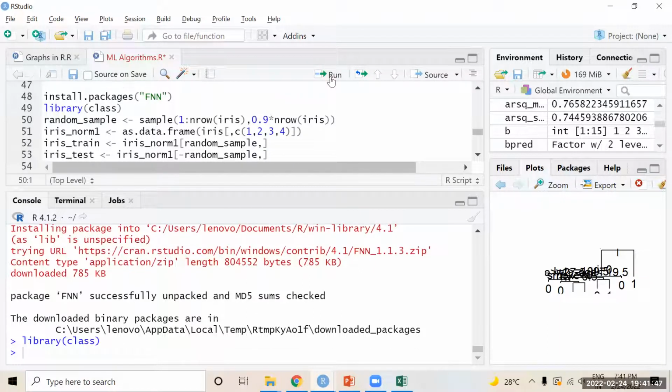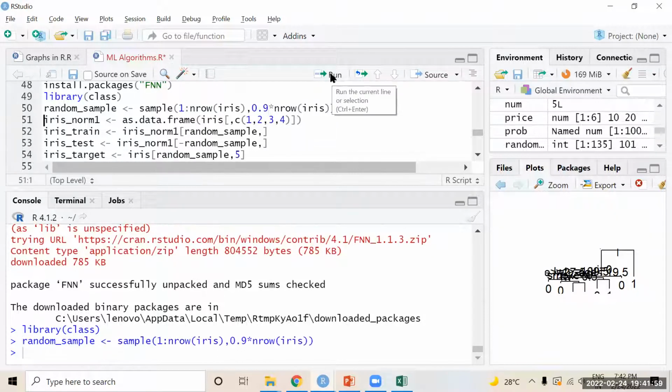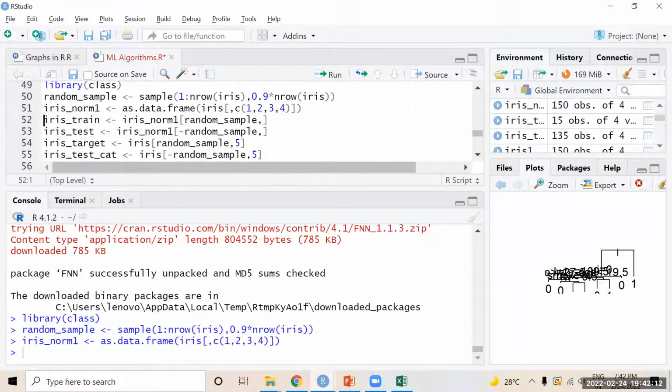I am taking the iris dataset, the flowers dataset, 1:150, and 90% of the data I am taking as training data. I am creating the iris_norm1 object which will store the first 4 columns: sepal length, sepal width, petal length, petal width.